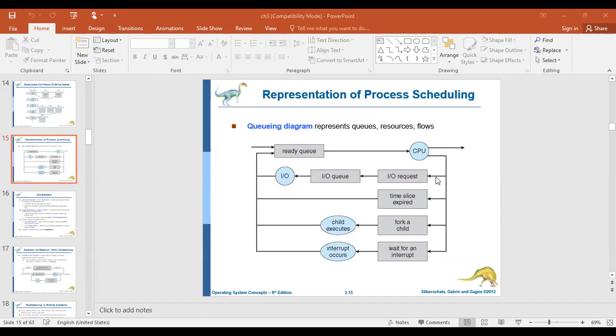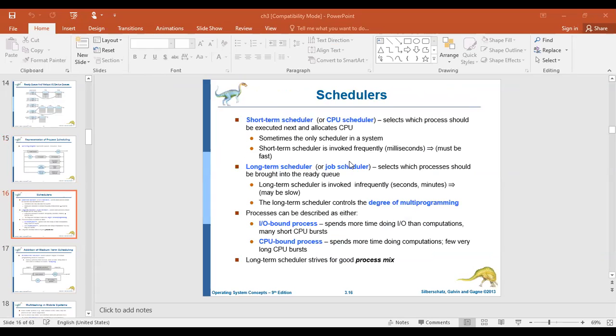A very first step is IO device. What happens in that case? Simply it suspends its execution and it picks the second one. Like that, after allocating the current process to the required resource, it won't wait until its completion. Immediately it picks the next one, or it allows the next one for processing, right? Like that, it is repeated. So that is the reason the short-term scheduler is invoked frequently, every few milliseconds, right?